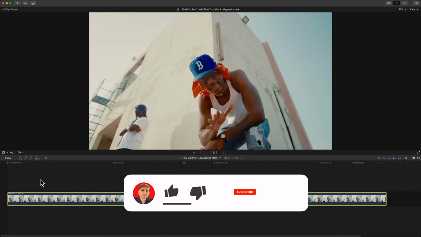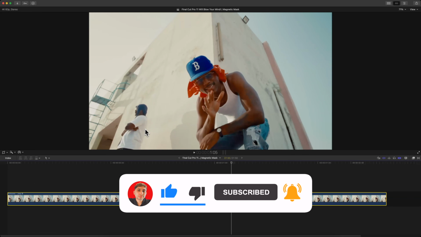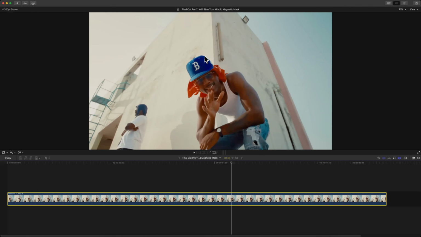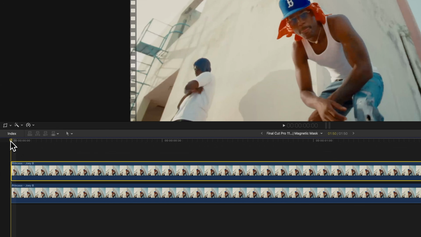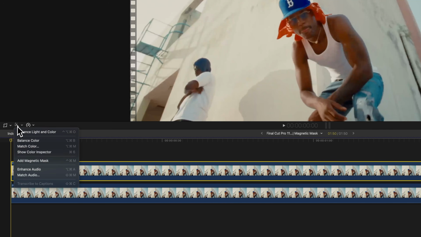And I'm going to be using this clip here, and I want to use the background of this building into two different shots. First is hold Option and drag upwards to duplicate our clip, and I'm going to move the playhead at the beginning. I'm going to go over here to this magic wand tool, and I'm going to click